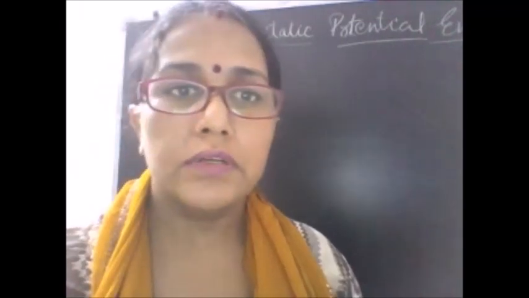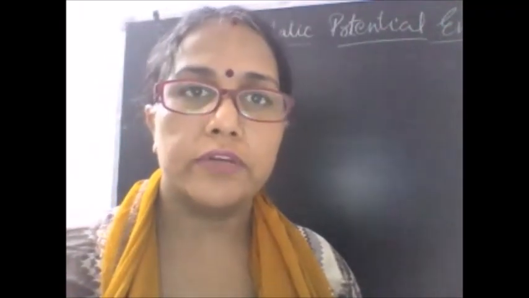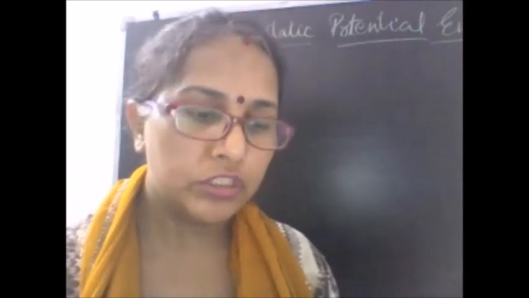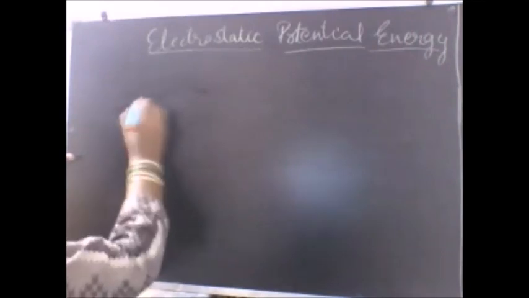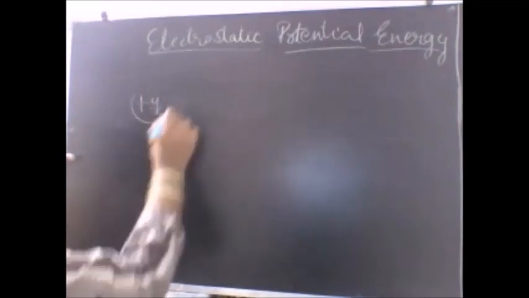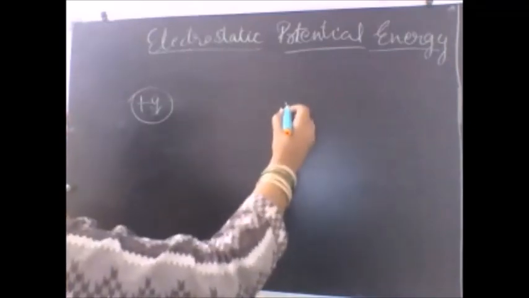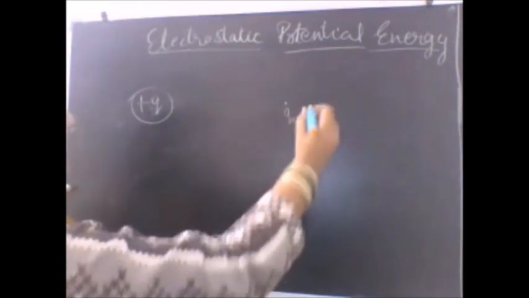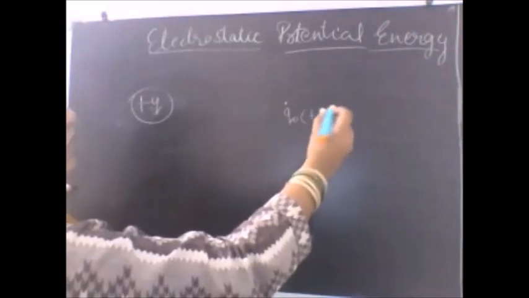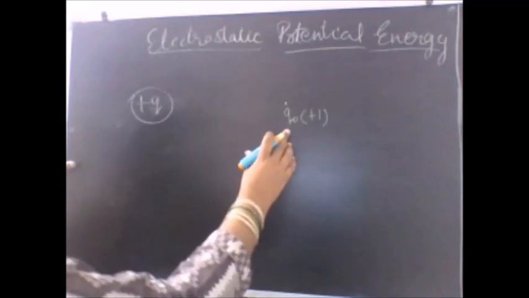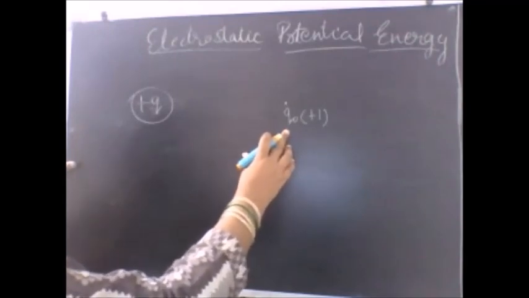Good morning children. In today's class we have to study about the electrostatic potential energy followed by electrostatic potential. So let us recall a few topics from the past. Assuming that you are given a charged object having the charge Q, and there is some charge Q naught placed over there. I take this charge as a unit and positive charge. So what will happen to Q naught? What type of force will it experience? It will experience a repulsive force.